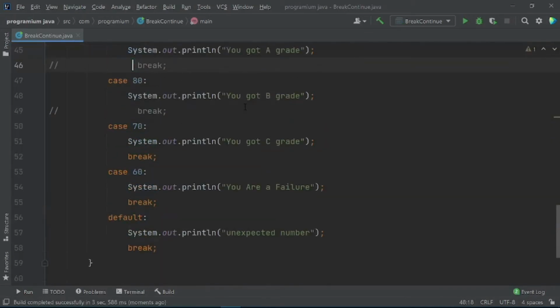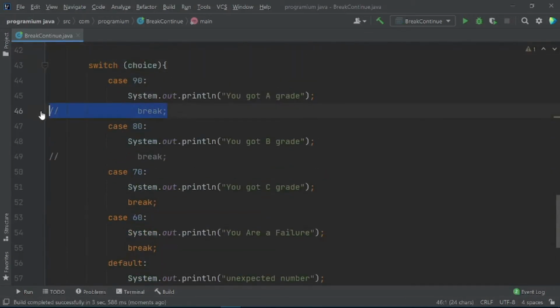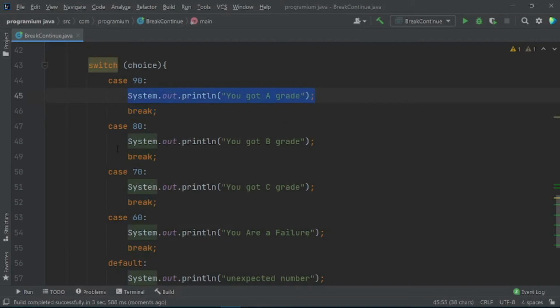What's happening here? Actually, this break statement was taking us out of this switch condition. But if we miss break here, then the compiler executes this case, and then executes the next cases until the compiler finds a break.